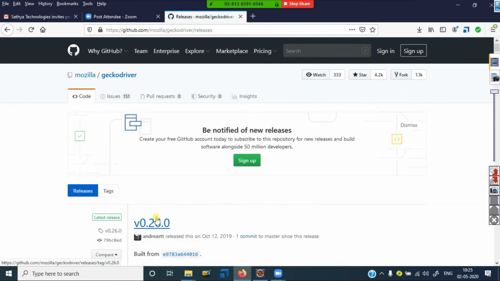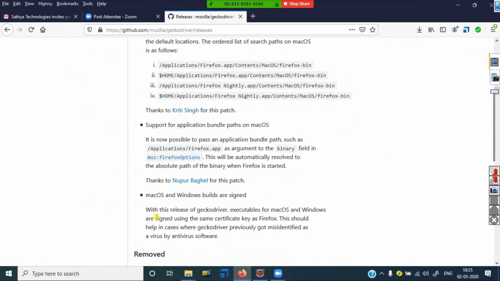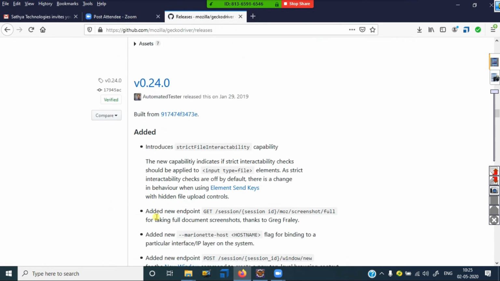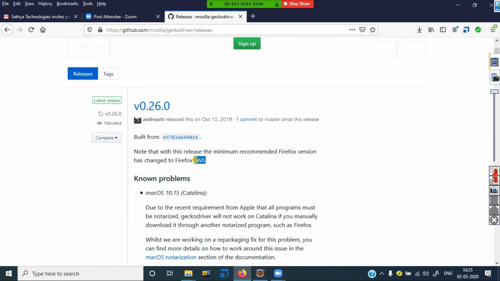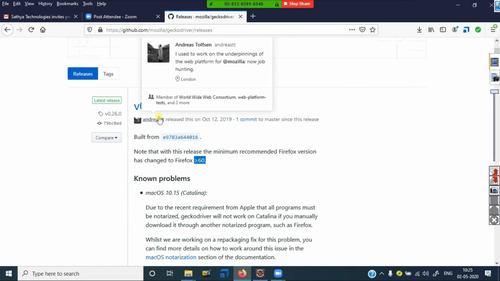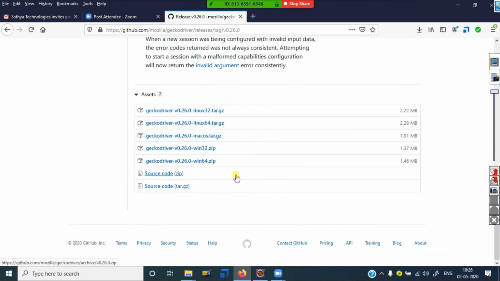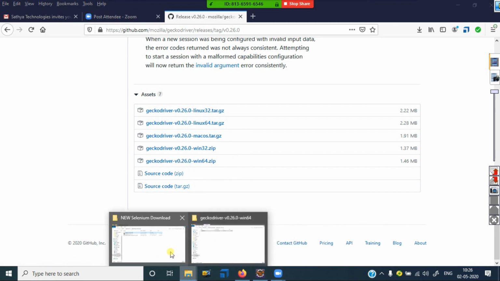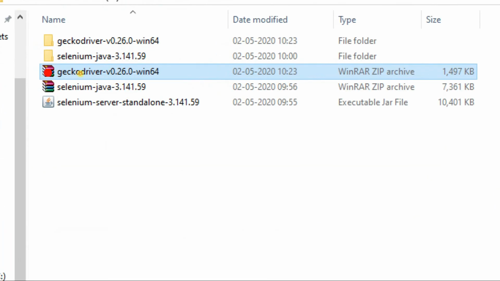Now this is a version, but you have so many versions. See, you have version 25, version 24, but that version belongs to your browser version. My browser is greater than 60, that is the reason I can choose this one. Click on that. Here your operating system also matters for the download. Mostly Windows 64-bit, as we use latest laptops. Click it and download, and it comes in this manner, and you can extract it.